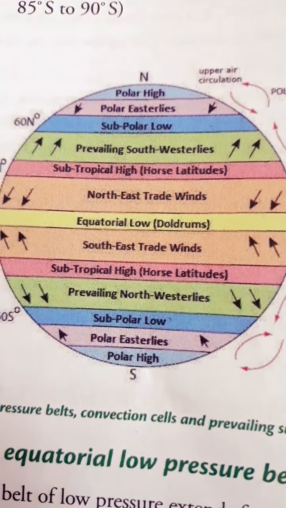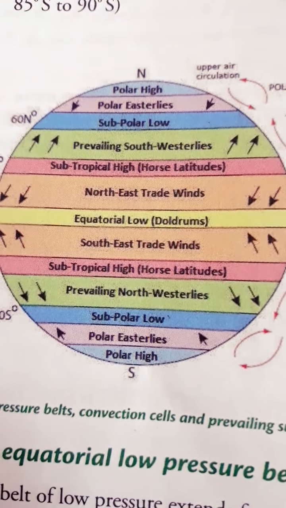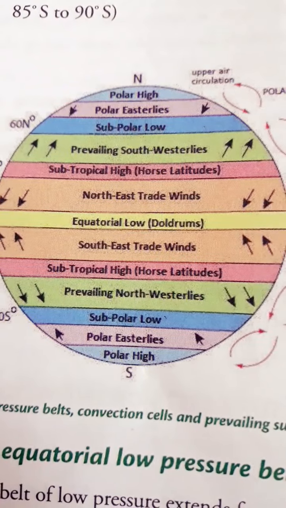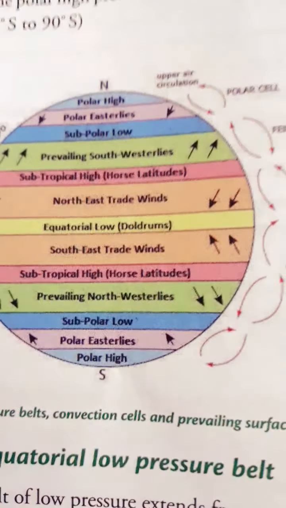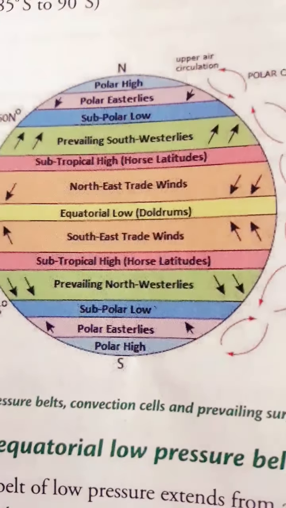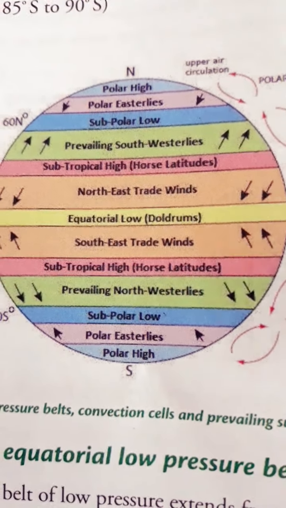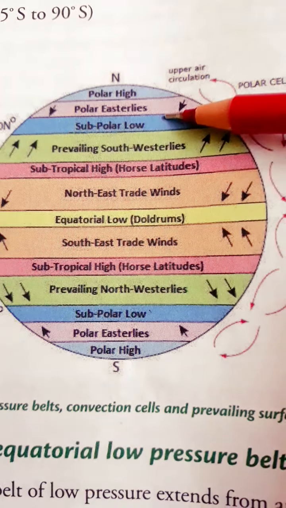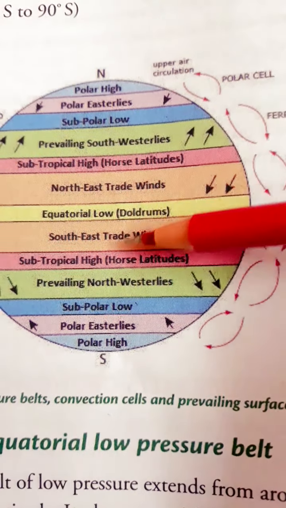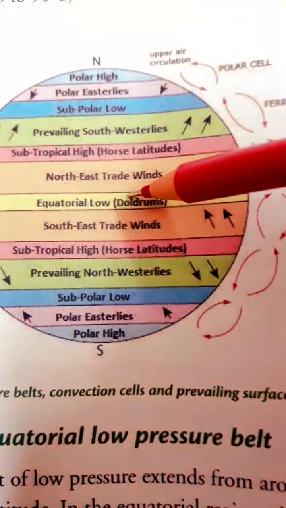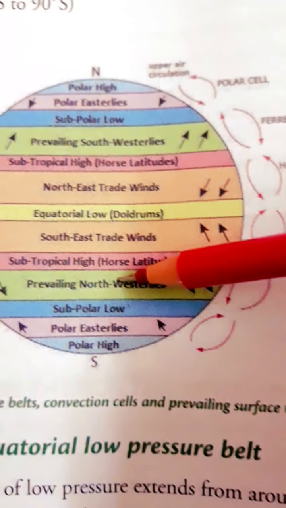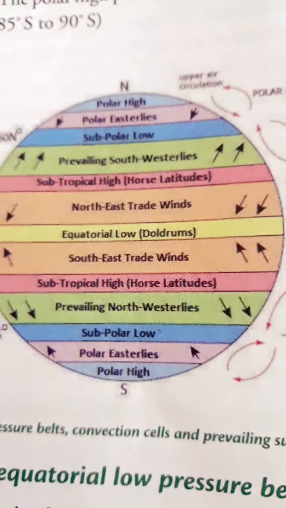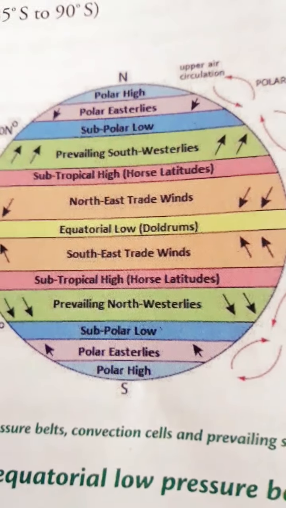Look at this diagram. From this diagram, it is very clear that the different pressure conditions on the earth's surface have very important consequences, and they make air move. We discussed that air moves from high pressure to low pressure belt, from this portion to the equatorial region. So actually our air is always moving. Air is not constant. When the air is moving, that moving air is called the wind.